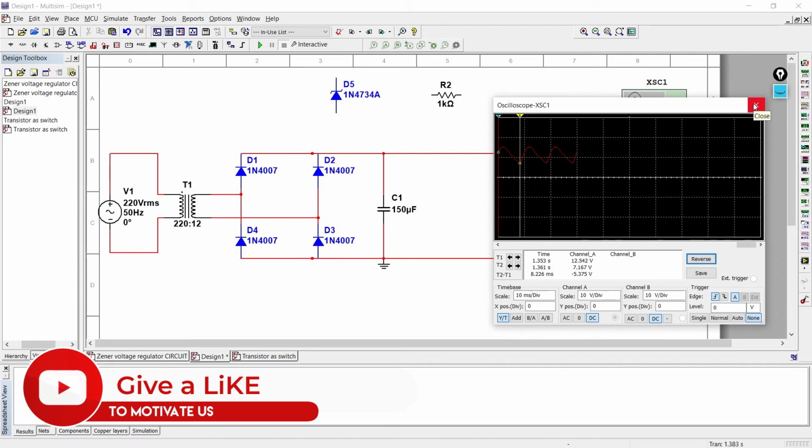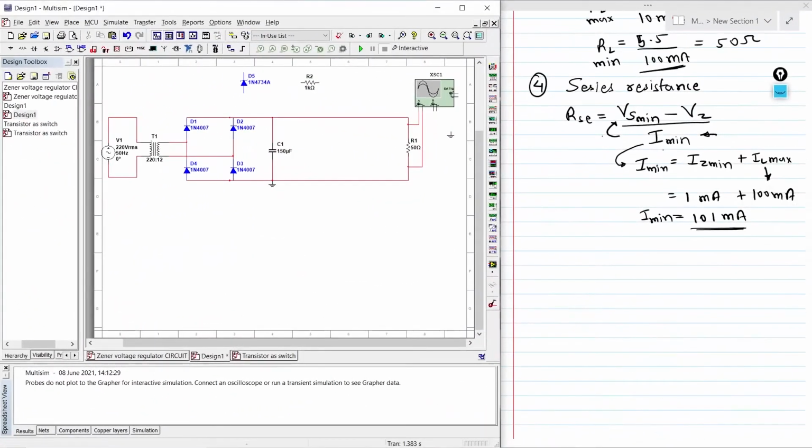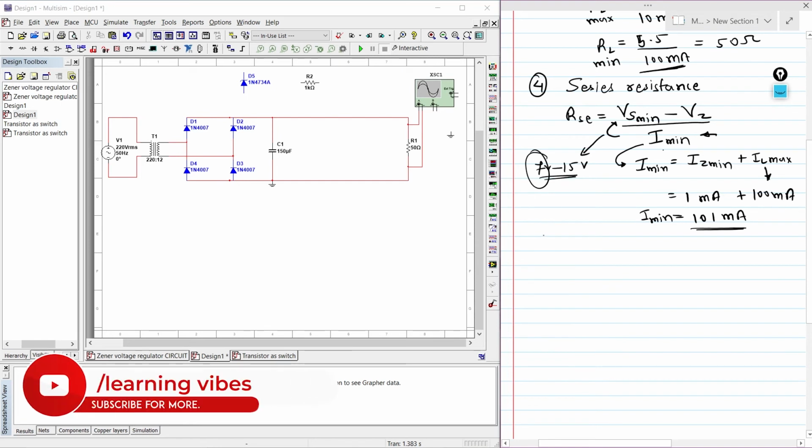Now let's close this and get back to our calculation. As per that simulation, our supply voltage ranges between 7 volt to 15 volts. So what will be the minimum voltage? That is 7 volts. So we'll place all the required quantities.